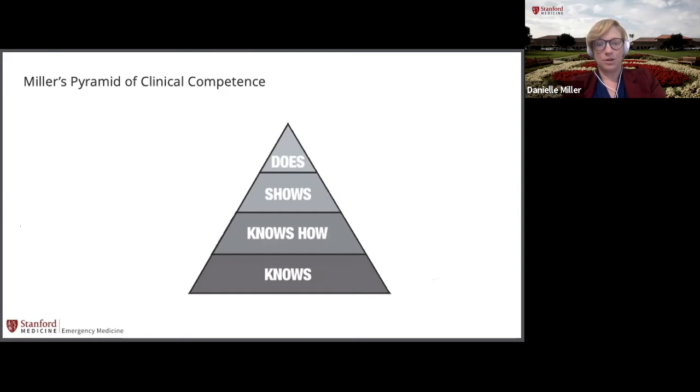So let's do an example. Say you're trying to evaluate a learner on their ability to take a clinical history from a patient, which is a skill a lot of medical students must learn. At the lowest level of Miller's Pyramid, a learner may know that taking a history is part of a patient encounter along with other tasks, such as performing a physical exam. At the second level, the learner may know how to take a clinical history, which means they can state that taking a history contains many parts,